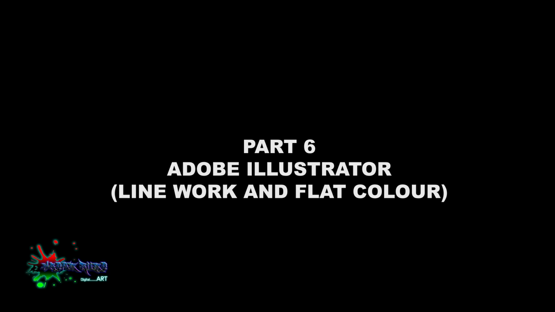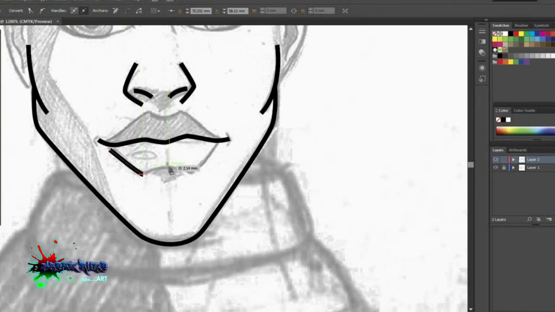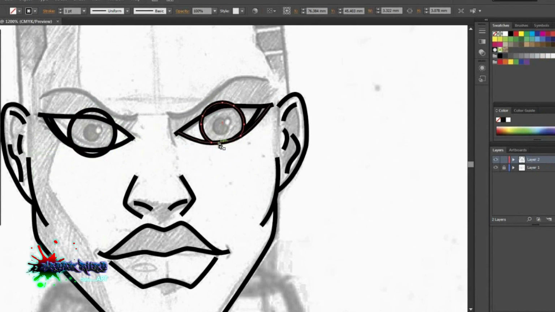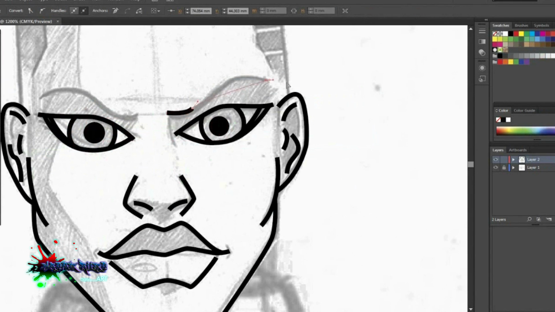Part 6, Illustrator. This is where you put those same images that you put together in Photoshop and printed, and you load it up into Illustrator on one layer. Lower the opacity to about maybe 60%, faint enough that you can just about see it. And then on the layer on top, you then draw on it with normal pen lines in Illustrator. I like to use 0.5 just so I can add all the detail. It's quite thin, but it allows me to add all the details, particularly in the facial features, so I don't